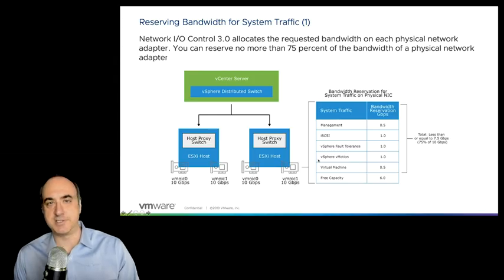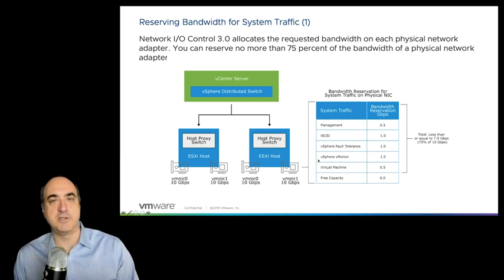Now, this, of course, is not going to be the case where you just have one network adapter and a distributed switch. You're going to have probably a larger environment. Hopefully, on every host, you'll have at least two adapters, and you'll have multiple hosts. So say, for instance, here we have two hosts. Each host has two adapters, right? So that means we really have, if you count all the adapters, 10 gigabit per adapter, 40 gigabits of total